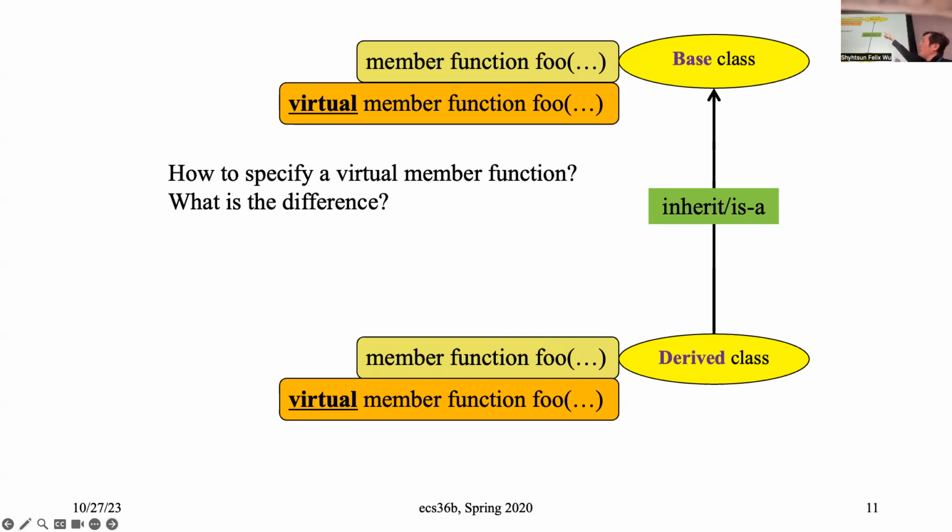So you can see that I have two ways to define this function foo. I can just use it as a regular function, or I can use the keyword virtual. But besides introducing an 8-byte gap at the beginning of this object, semantically, what does a virtual function give us differently than a non-virtual function? That's what we try to understand, okay? So let me set up the slides: I have a function foo, and I actually have two options on the base class, exactly the same thing. I have a derived class, okay?